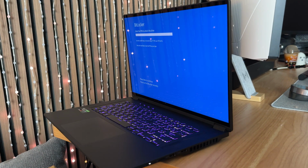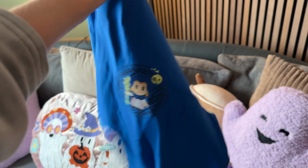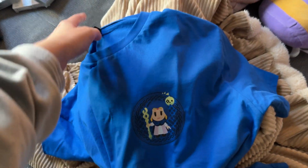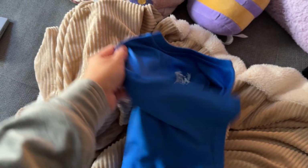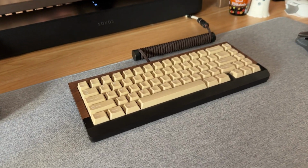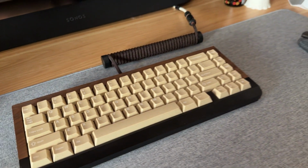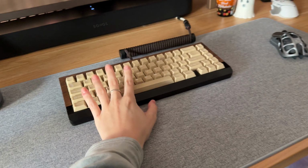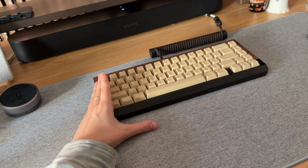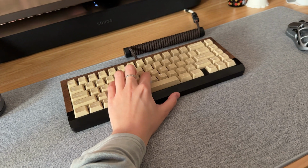On my work laptop, wait, look what I have received from Nintendo. It's a Zelda shirt, basically for the release of Zelda Echoes of Wisdom, which is a super cool game. And this is what it looks like from the back. If you're into keyboards, then check out my video on how to build a mechanical keyboard. This is the Mode and Core. It's a lot of money, it's a lot of work, but so worth it, because listen,